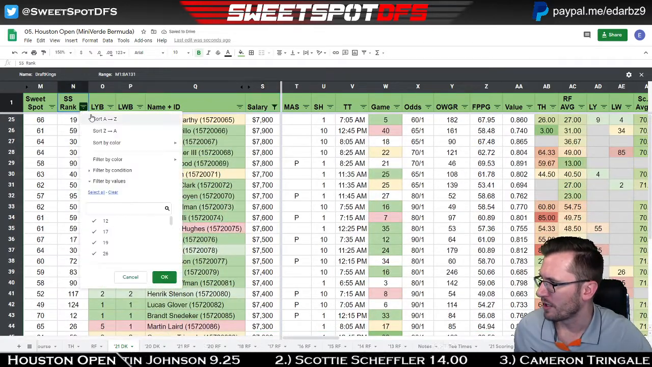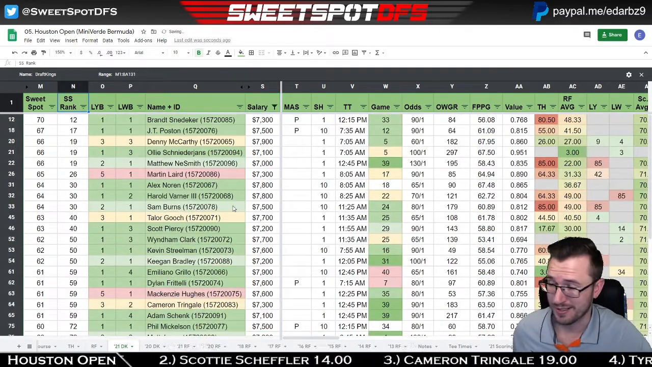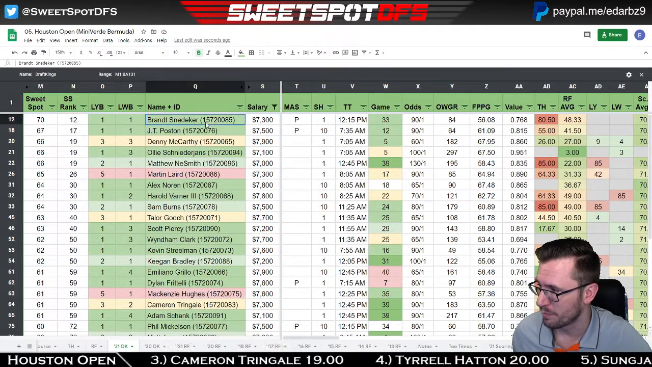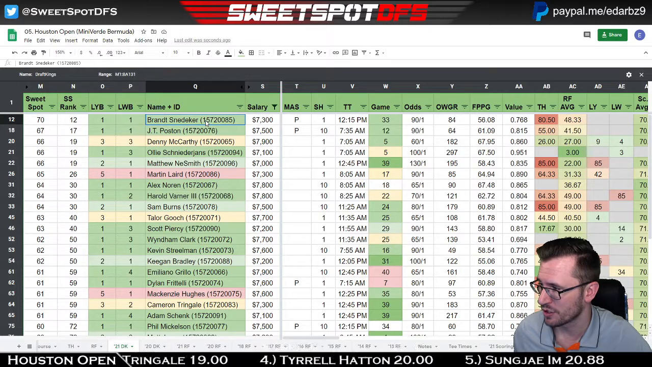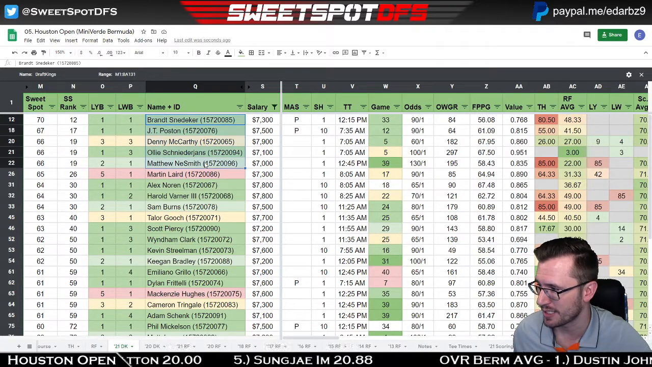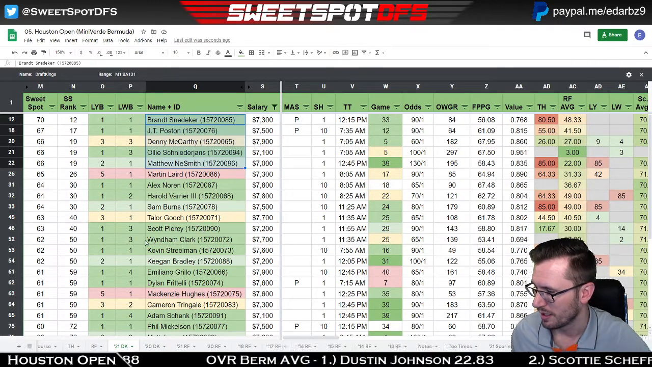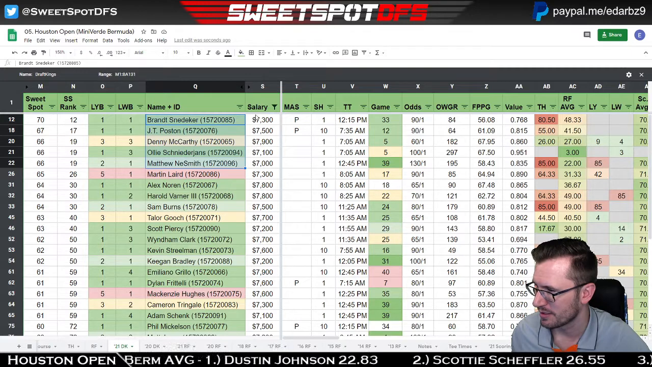We look here, our best ranked golfer is Brandt Snedeker. And I actually have something to add with that. Brandt Snedeker is the best 7K range golfer, followed by JT Poston, Denny McCarthy, Ollie Schneider-Jans, and Matthew Naismith. So really interesting looking at that. Let's see, who